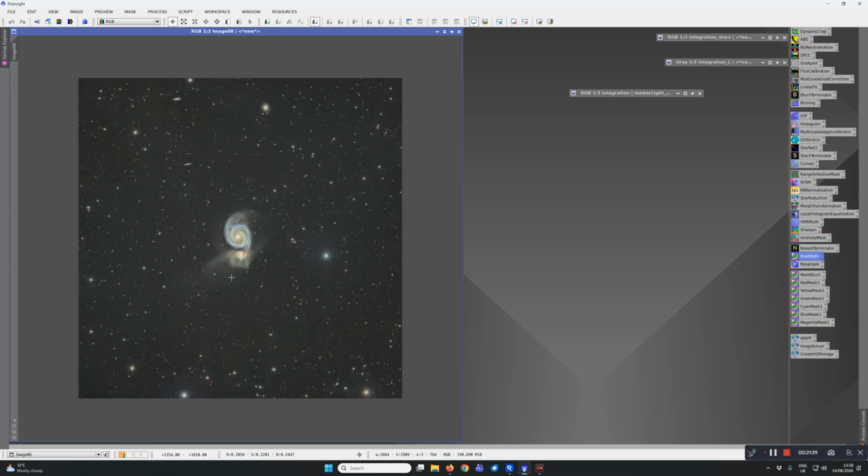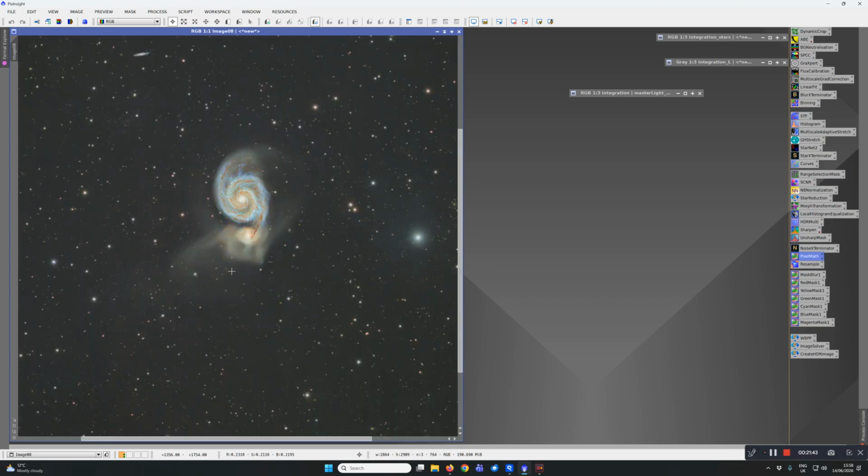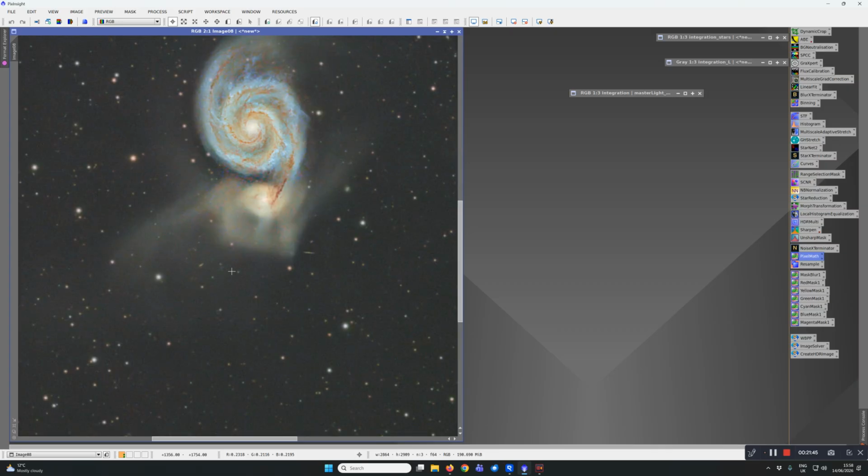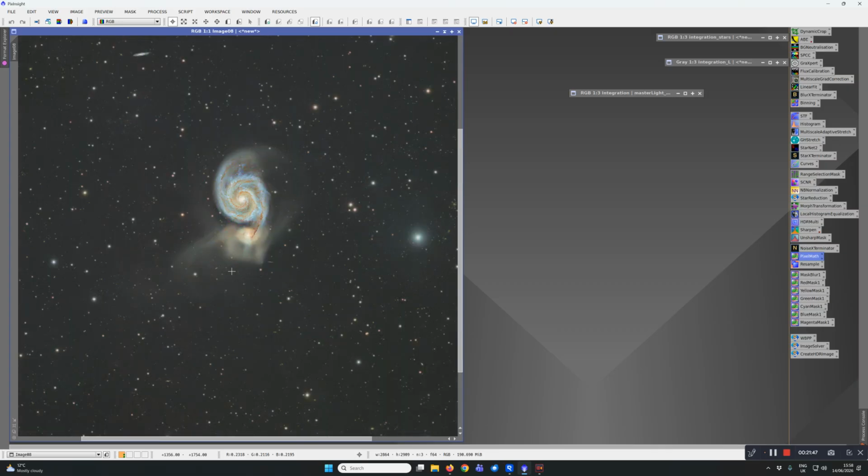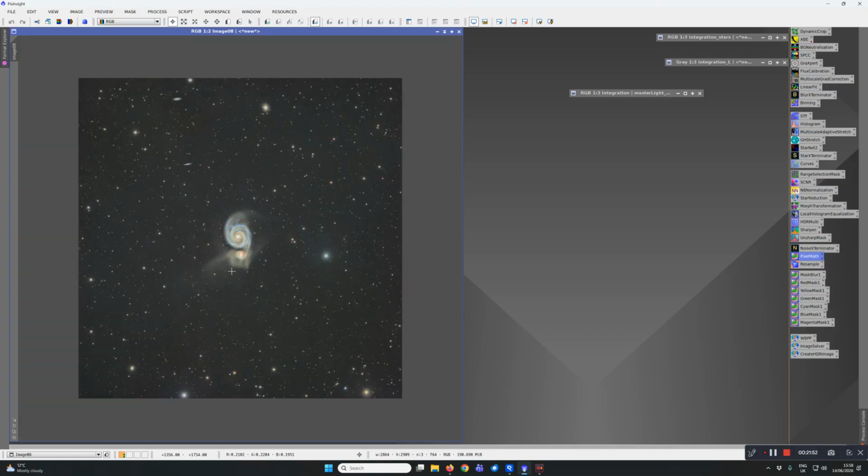I hope that's been useful to you, and I hope you've enjoyed it. And the workflow is, you can use the same workflow as me, or you can use your own workflow. These images are individual to each person. Somebody might want more purple in there, somebody might want a bit more green. It's down to the individual. This is what I do, and I hope the techniques that I've used today